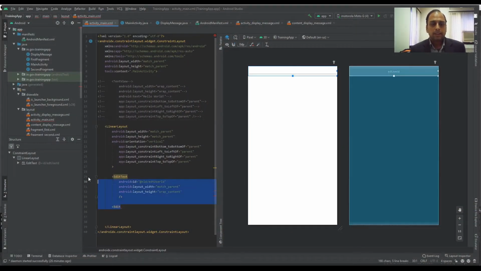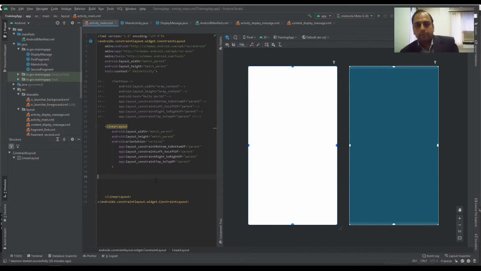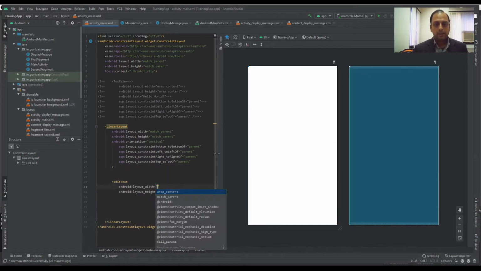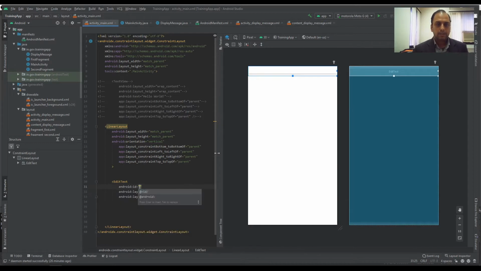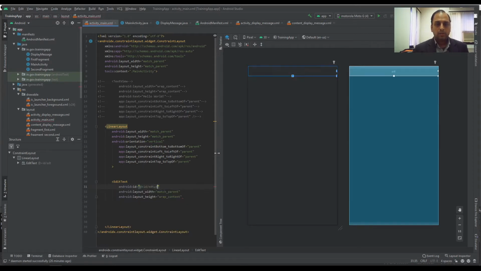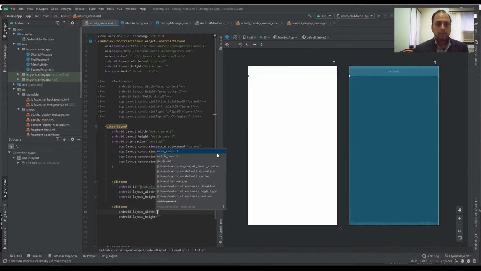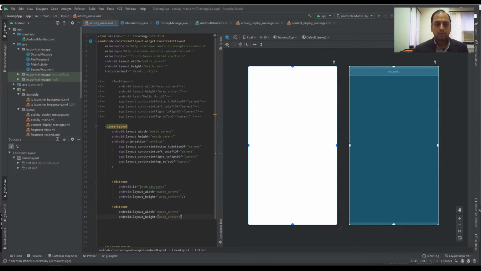This is the existing app that we used yesterday. I've just deleted the parts which are not necessary. So in the same app, I'm going to create an edit text with wrap content, and the ID is edt user ID, and close it, and another edit text with the same parameters.